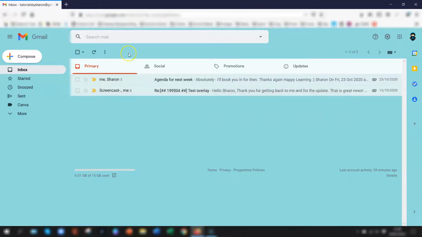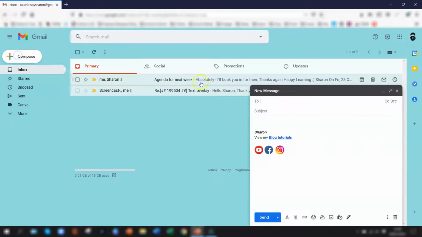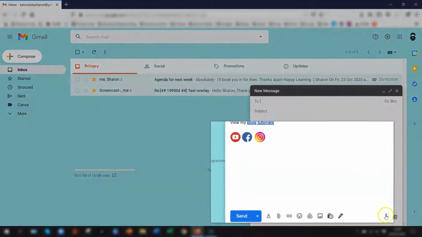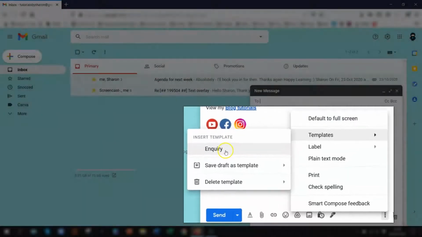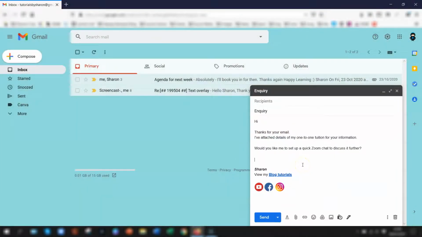So how to insert a template? First click on Compose. This opens up obviously the blank email. Click on the three dots in the bottom right corner, click on Templates, and you'll now see the option of Insert Template here, and you can see the one that we've just created called Inquiry is now listed beneath it. Click on the name of the template you want to insert, and it's there. Note that the subject line automatically takes the name of the template, so you might want to overwrite that with something more appropriate. And you'll also see that if you have an email signature set up, then this automatically appears at the end of the template.